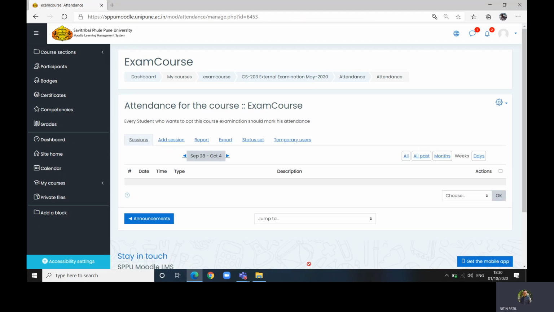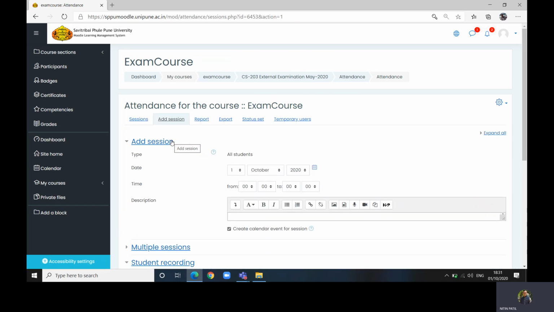Then you will be taken to another UI. Now you have to add a session here. Now let us say your test is scheduled today, as today is 1st October. So for this demonstration I'm considering this. So this test would be available, for example, from 6 o'clock to 10 o'clock. Now I can register my attendance within that time.